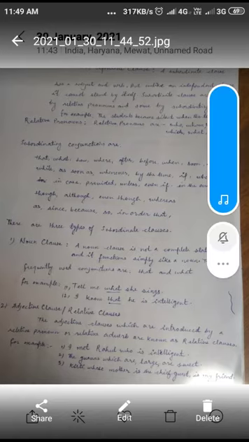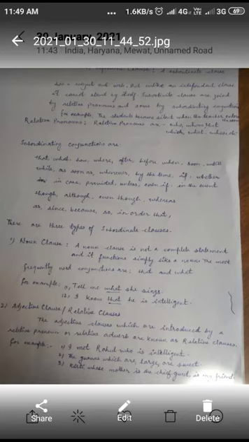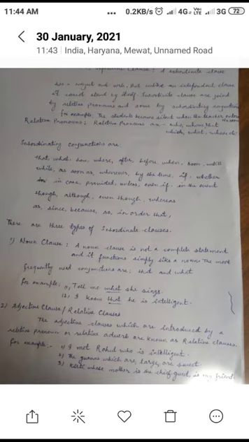Today we are going to discuss clauses. As earlier we have discussed clauses, today we are going to discuss subordinate clause. What is subordinate clause? A subordinate clause has a subject and verb,